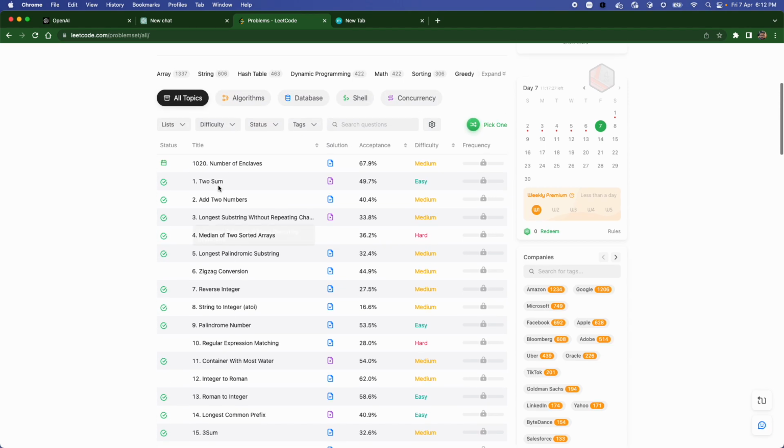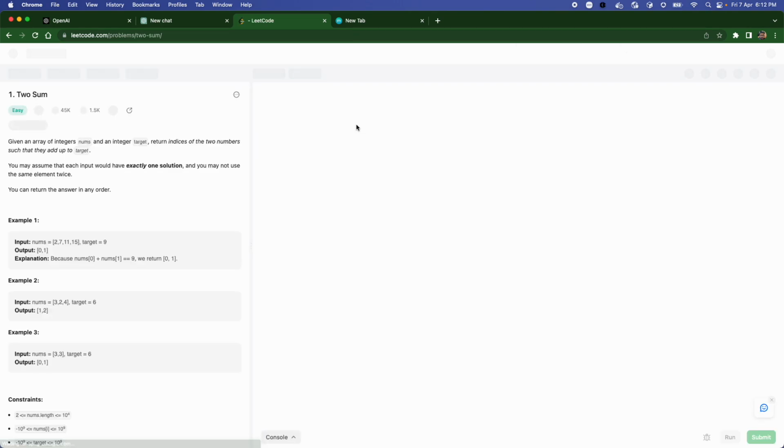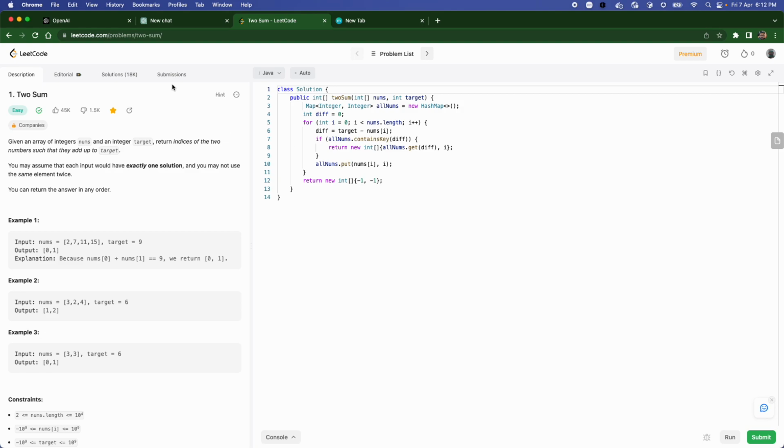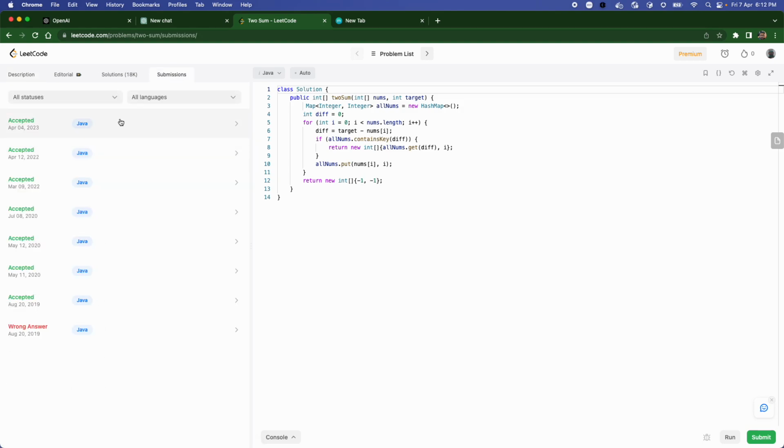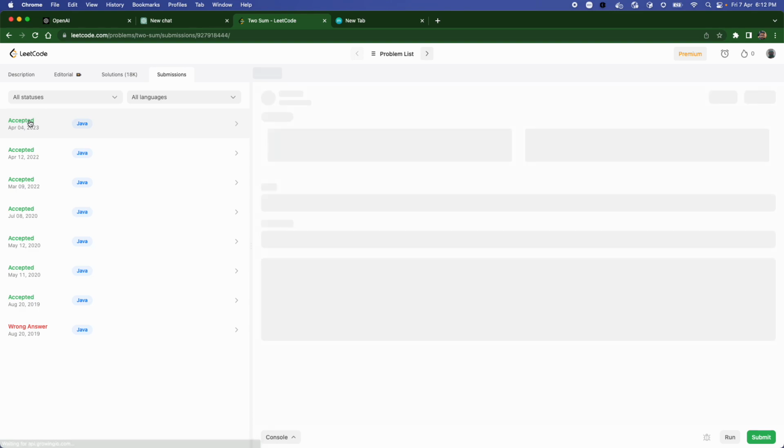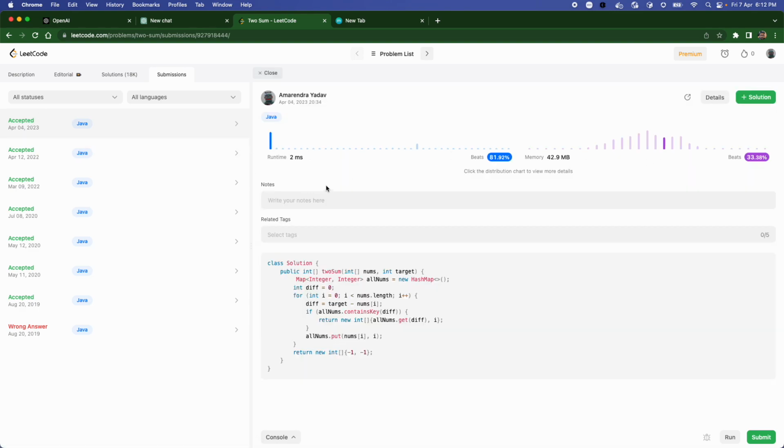You can go on any question and try to solve it. Then you can check the progress. You can see how many people have given a better solution than you, how much memory you have taken, and what runtime you have taken. On the basis of this data, you can improve your solution again. It's a very good platform for practicing.